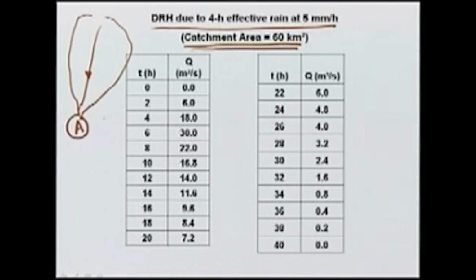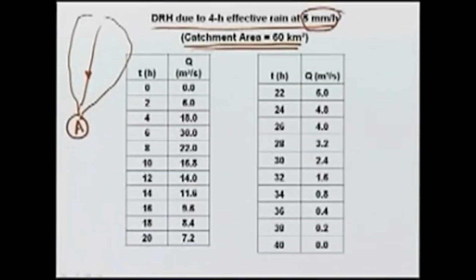is available to us. And let us also say that there is a 4-hour rain which occurs in the catchment of some intensity, which may not be equal to 1/4 centimeter per hour. In this case, the rainfall which occurs on the catchment has an intensity of 5 millimeters per hour. So, this implies that total effective rain is 4 into 5 millimeter. So, this is 2 centimeter,